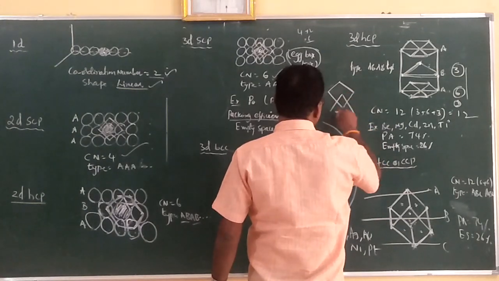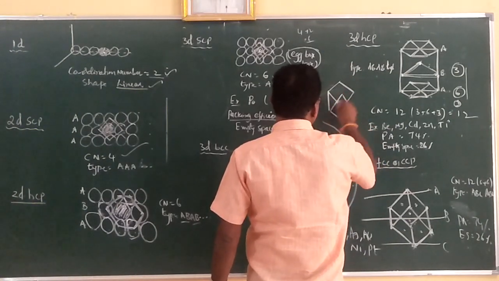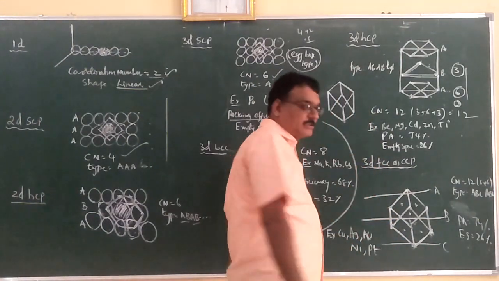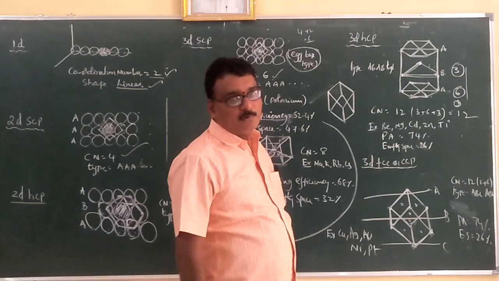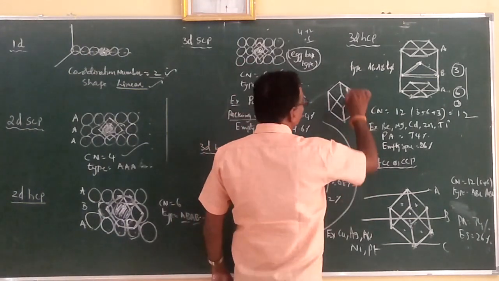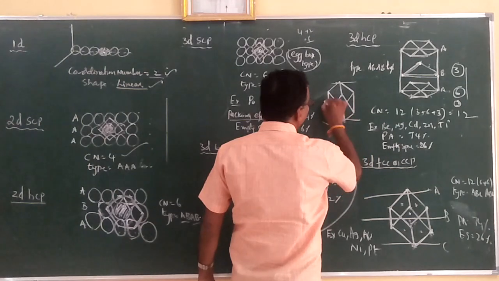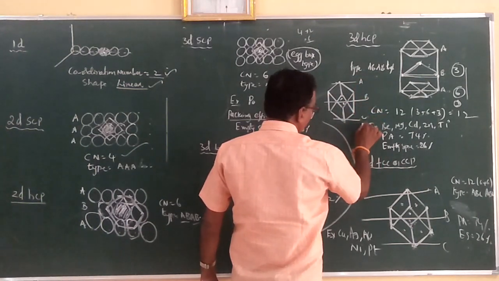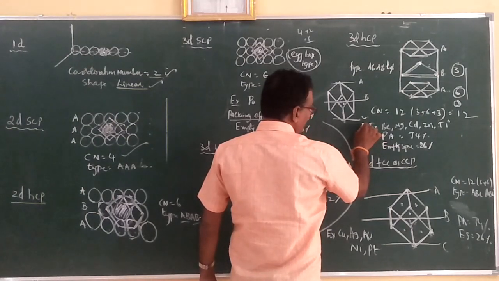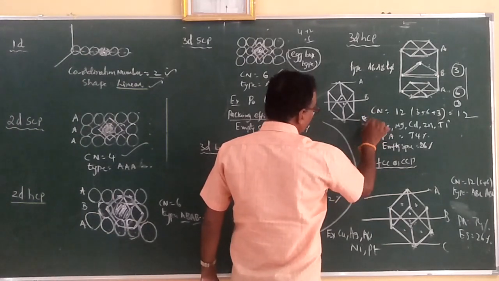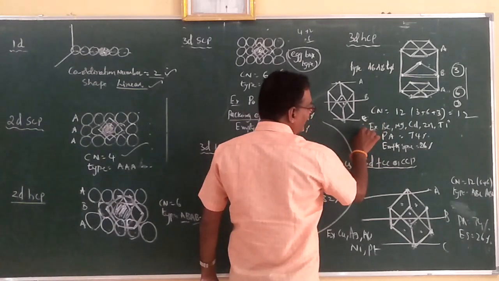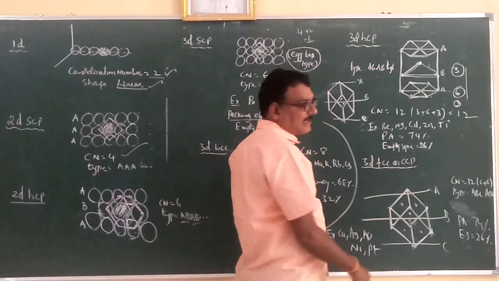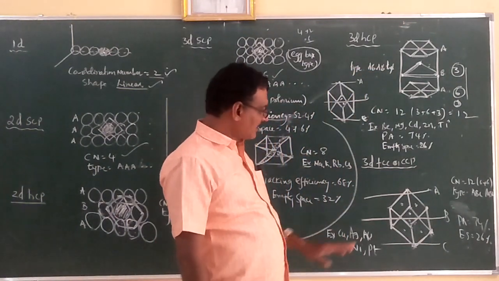This I am writing here. These are connecting with each other. This is the structure of this. Okay, now this is only one layer, ABC, ABC. A, B, C, next. Next what is it called? A, C after that, what is it called? B. B means, again what is it called? A. Like that.